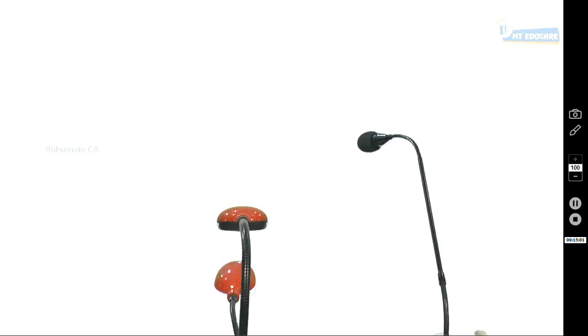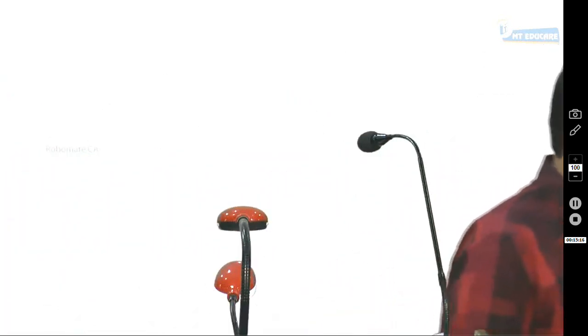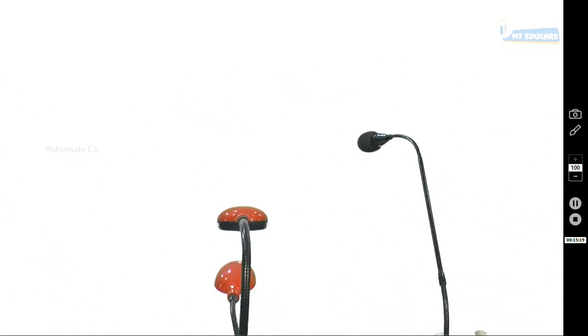Next point. An auditor can obtain working papers from his client, and he may also prepare his own working papers. Full stop.